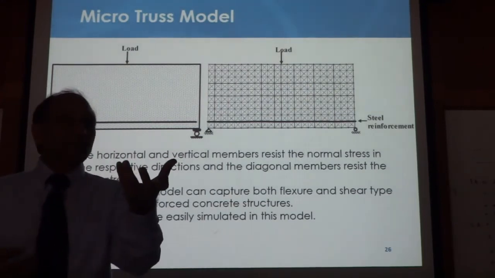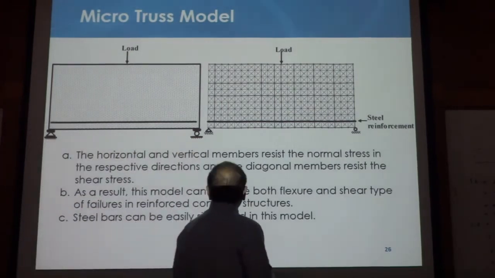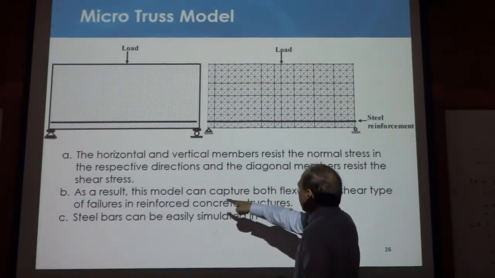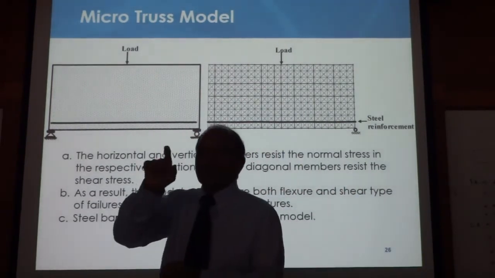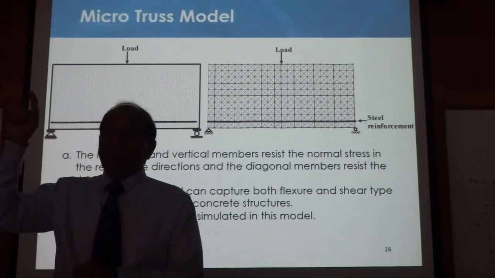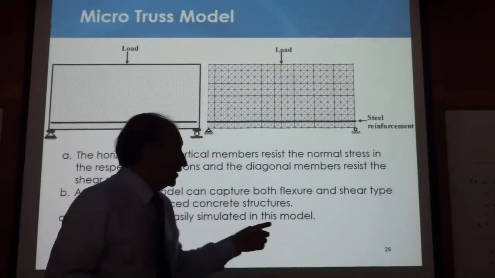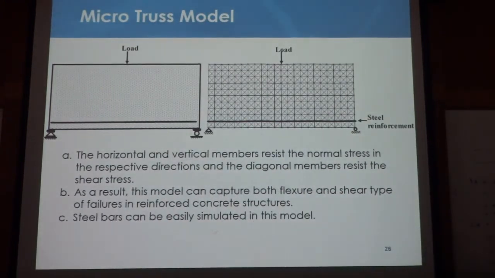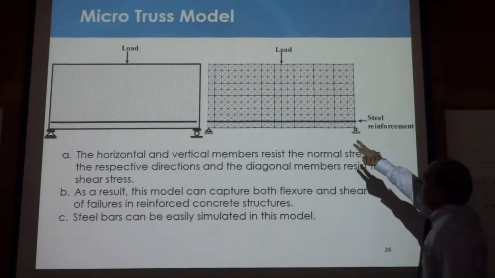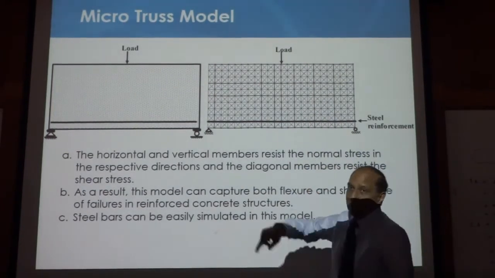So now we are dealing with strength, where we use the strut-and-tie type model. As a result, this model can capture shear and everything, because it talks about stresses, not stress resultants. So from there, internally we can calculate what is happening inside. And the same micro truss model can be converted into a bigger truss model, you will see later, right?